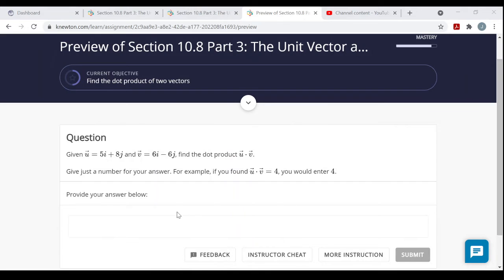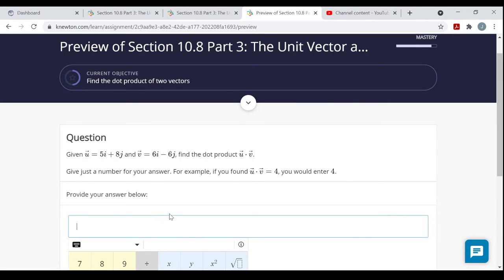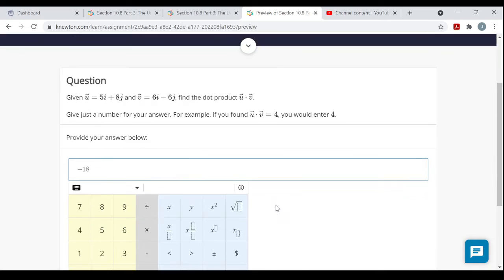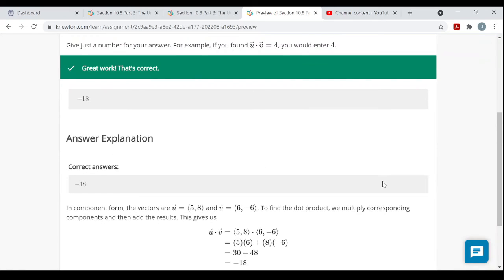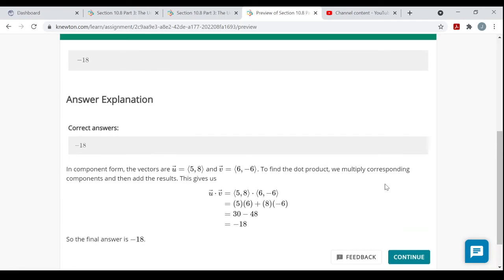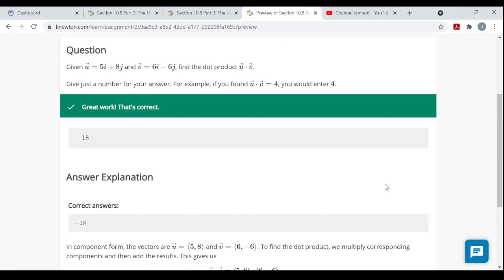Alright, so let me go back and enter our dot product. It was negative 18. We're just asked to enter a number here. Minus 18. Submit. Hooray. So that's, again, all you're asked to do is find the number. You're not asked about acute angles or obtuse angles. Again, that's just something I wanted to throw in there